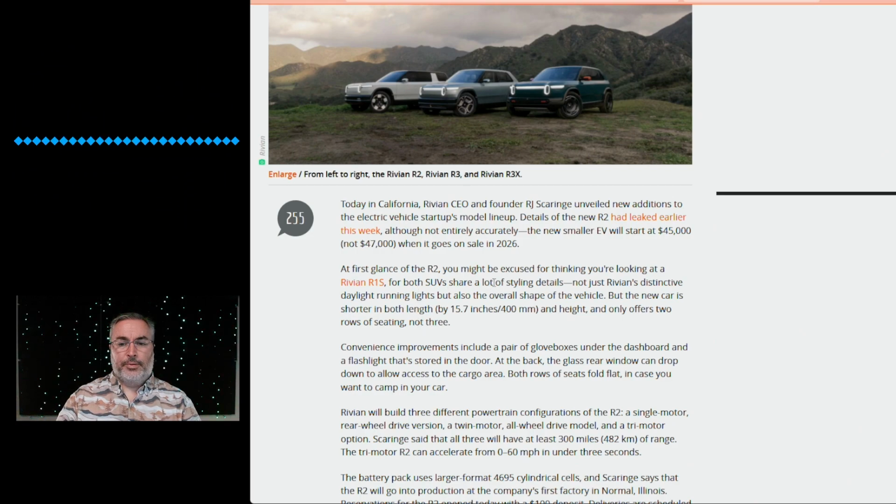The R2, you might be excused for thinking you're looking at a Rivian R1S, for both SUVs share a lot of styling details, not just Rivian's distinctive daylight running lights, but also the overall shape of the vehicle. The new car is shorter in both length and height, and only offers two rows of seating, not three. Convenience improvements include a pair of glove boxes under the dashboard and a flashlight that's stored in the...